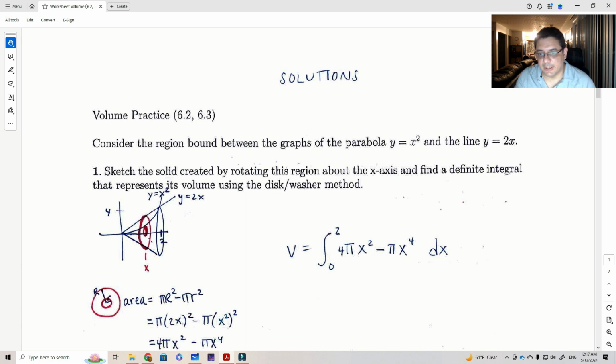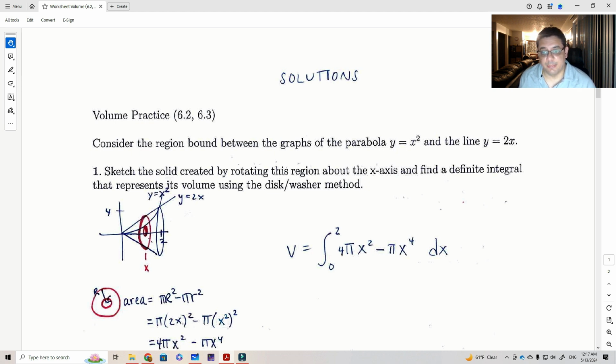Hello everyone. In this video we're going to go over the solutions of the worksheet for practice 6.2 and 6.3. First we have a region that is bounded between the graphs of the parabola y equals x squared and the line y equals 2x. When we sketch the solid of this region rotating about the x-axis, notice that we have this region